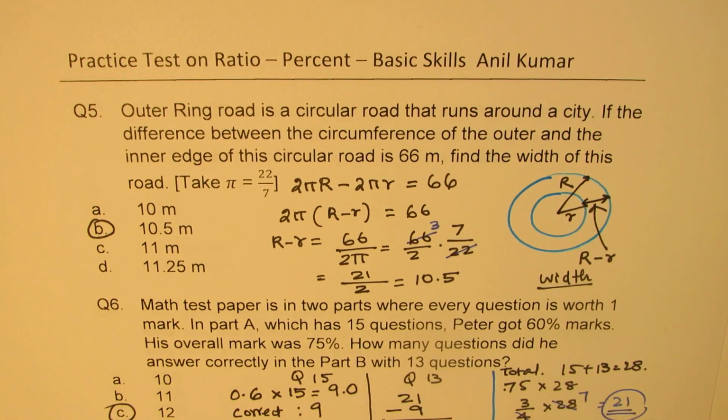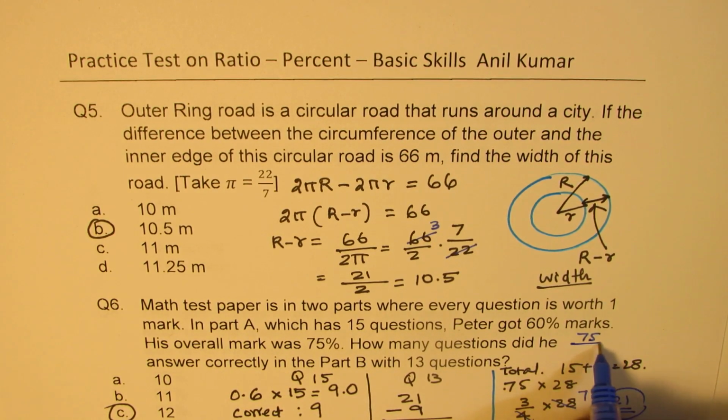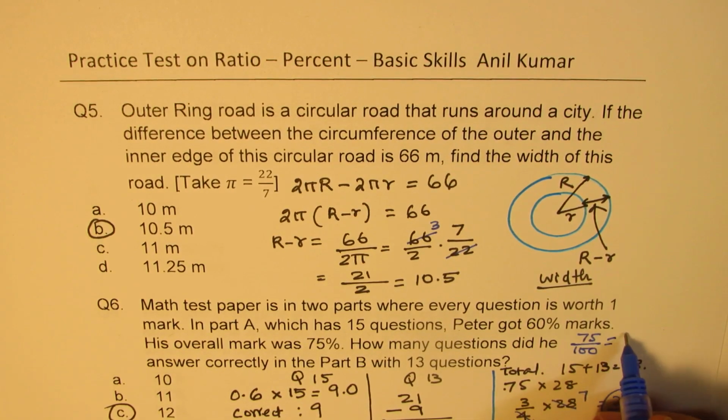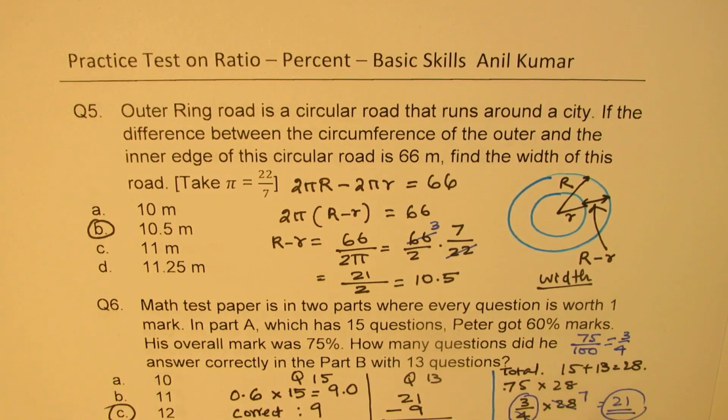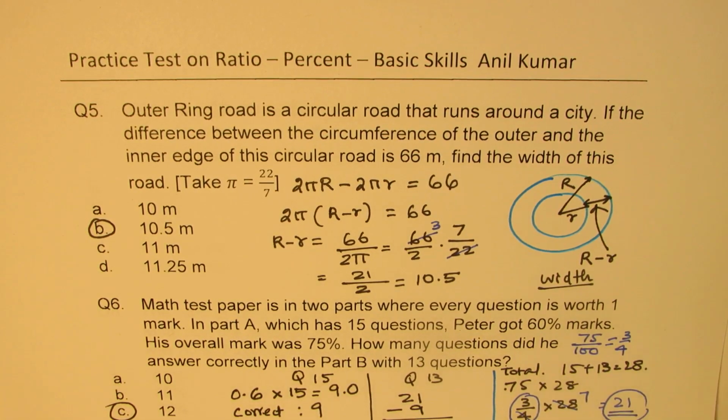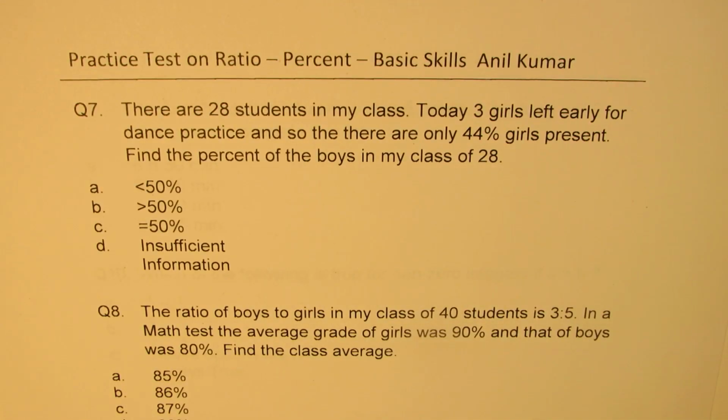So let me redo this portion, right? 75% means 75 over 100. So dividing by 25, we get 3 over 4. So 0.75 is the same as 3 over 4, which I've used here. Is that clear to you? Perfect. So that is how it should be done. Next question here is,